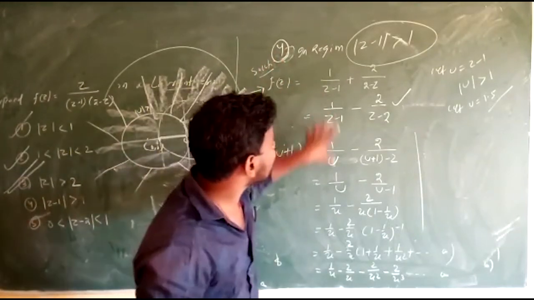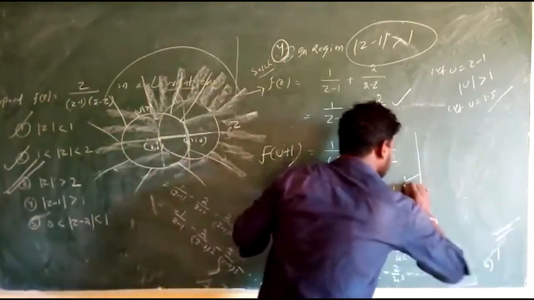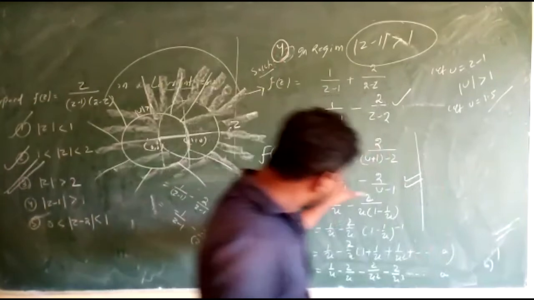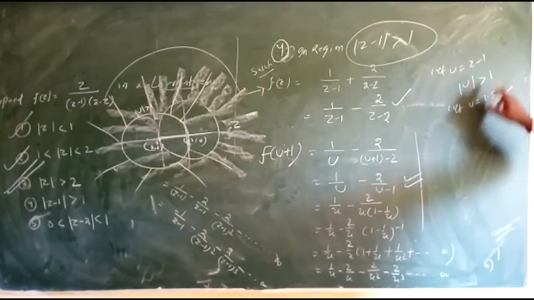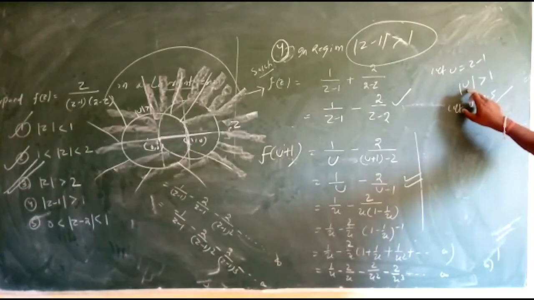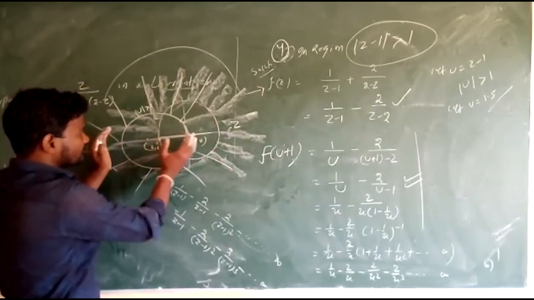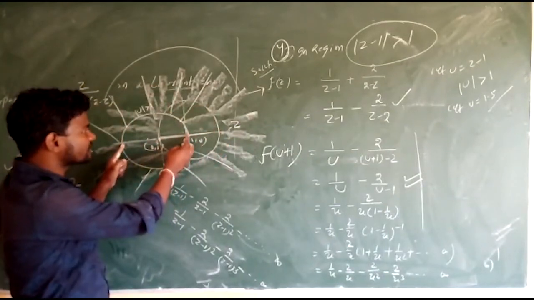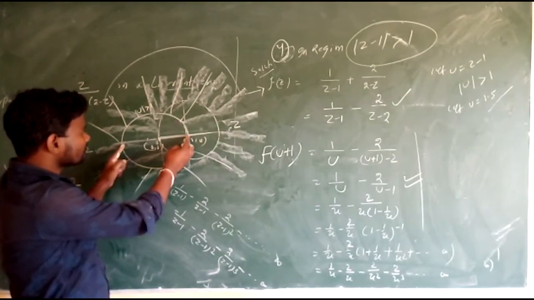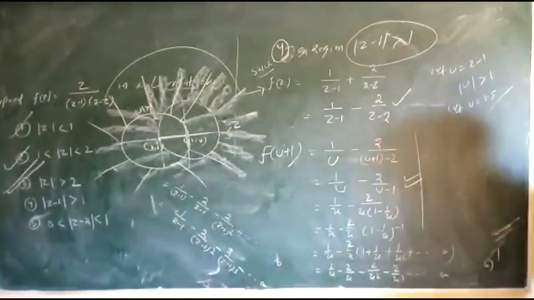The difference of two terms. After the difference, we choose a number. We choose a number which is greater than 1. That means outside this region, not this region. We choose a number outside this region. Suppose 1.5. This point is 1.5. If you put 1.5,